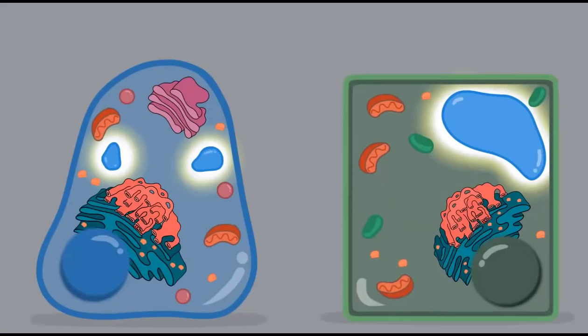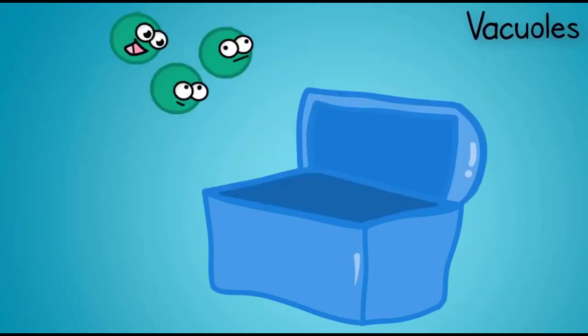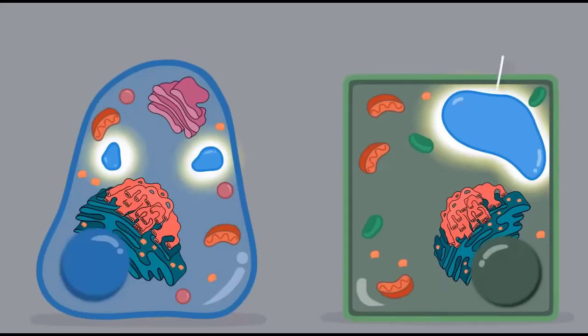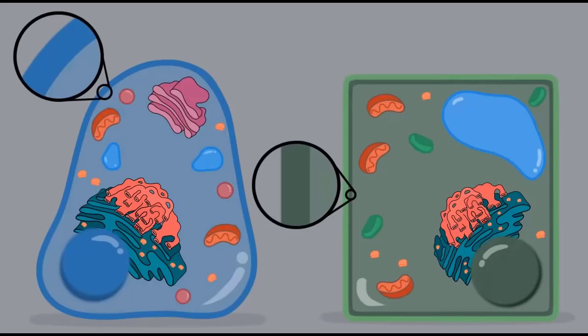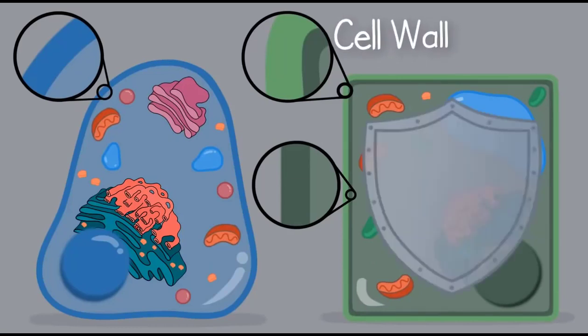Now, both plant and animal cells can have vacuoles. Vacuoles can have a lot of different functions, but many types act as storage of materials. Plant cells can have one large vacuole called a central vacuole, while animal cells can have several smaller vacuoles. Now, remember how we already said that all cells have membranes? They do. But plant cells additionally can have a cell wall, which is a layer that offers additional protection and shape maintenance that animal cells do not.